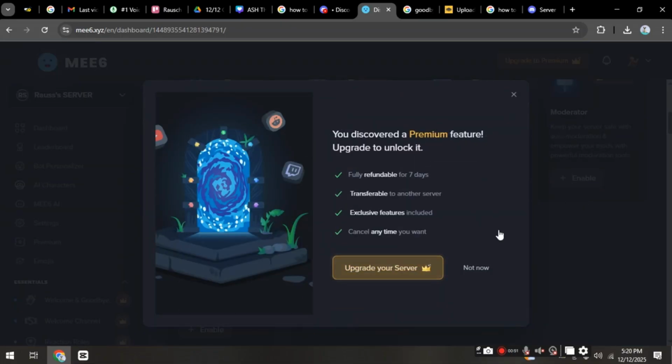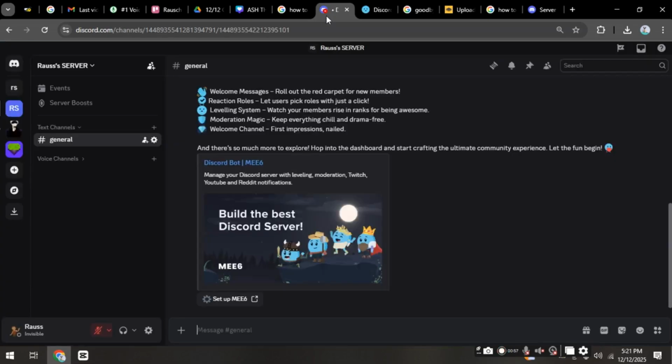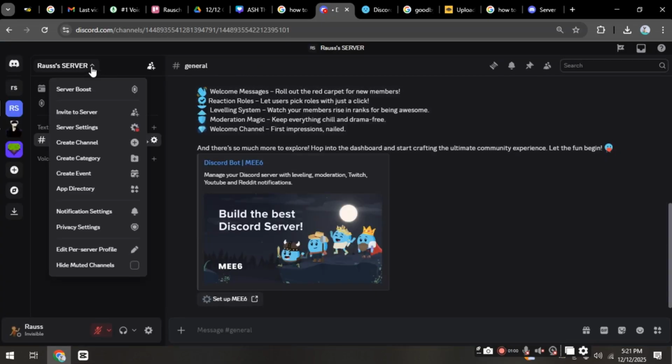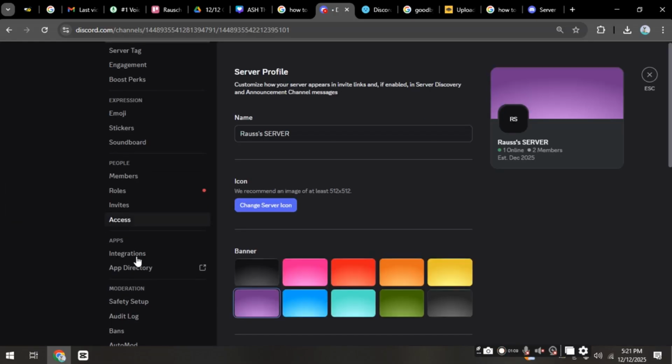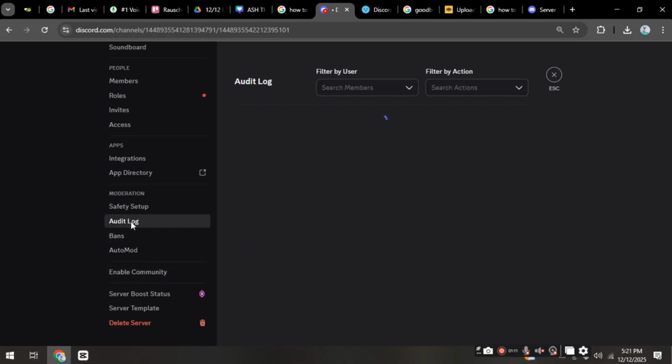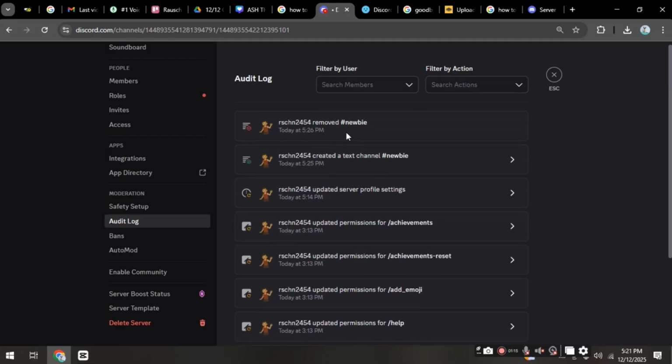Moving forward, if a message gets deleted, you can check the bot's log channel to see the original content, who sent it, and when. Keep in mind, this only works for messages after the bot was added, so you can't recover old deleted messages. Using this method, you can keep your server organized, monitor activity, and view deleted messages whenever necessary.